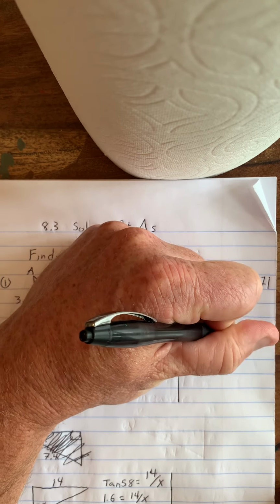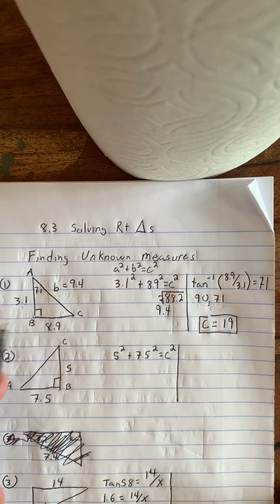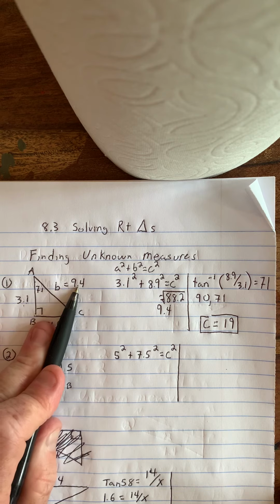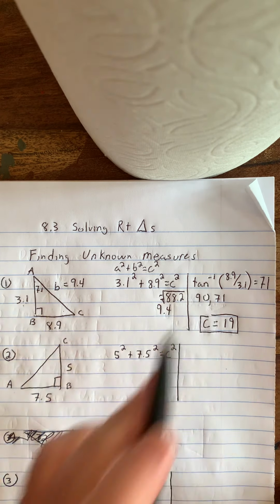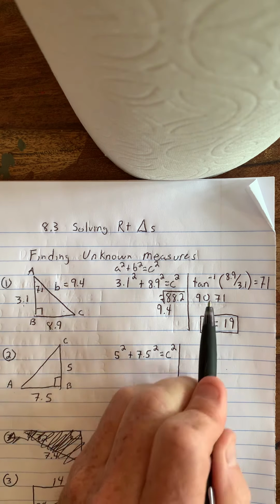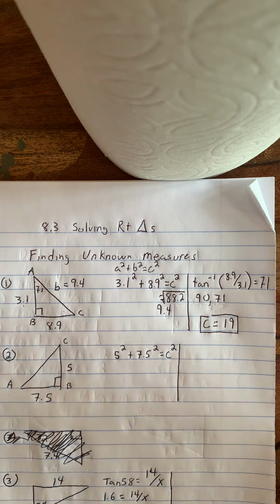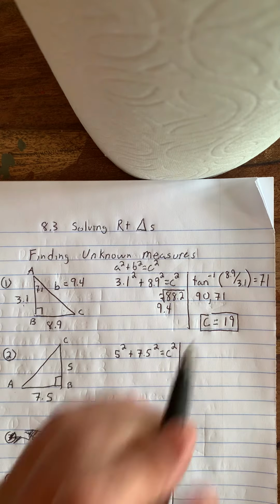So I used the Pythagorean theorem to figure out the side length and used my tangent to the power of negative 1, the inverse, if you want to use algebra terms, okay? Remember, no bad